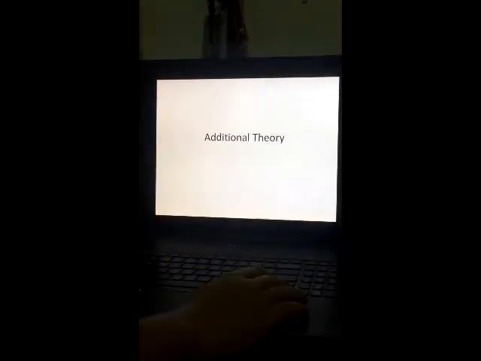Today I want to show you about the coefficient of losses effect in our project. Okay, so first I will show you about the additional theory. The first one is the goal of this experiment was to determine the losses of coefficient in pipe system component and the roughness of value for straight pipe using experiment data.